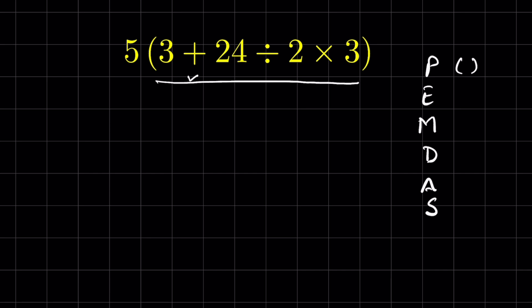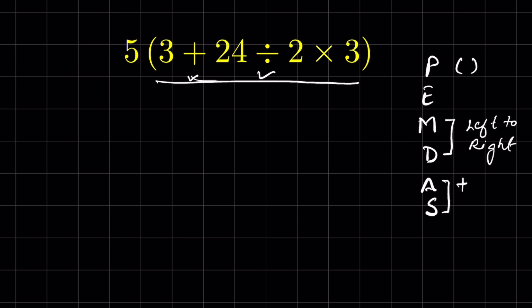So here we have addition, division and multiplication. But writing in this order does not mean that multiplication has any precedence over division. We group them together, multiplication and division, and solve them from left to right, whichever comes first, because division is nothing but the reciprocal of multiplication. So we follow this rule of left to right. The same goes for addition and subtraction, but only after we solve multiplication and division.